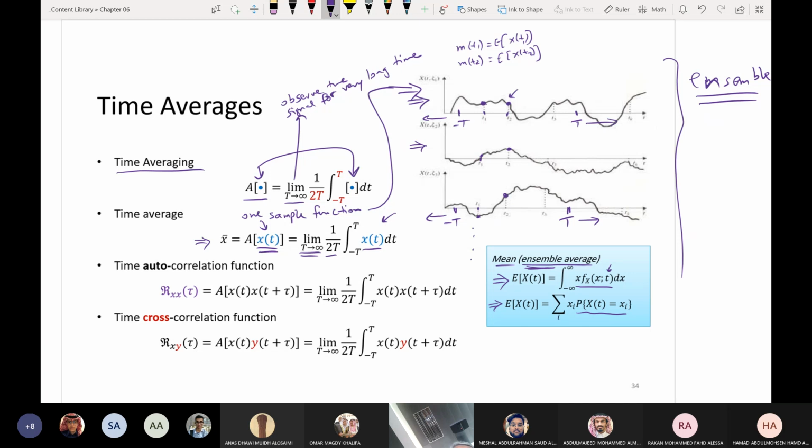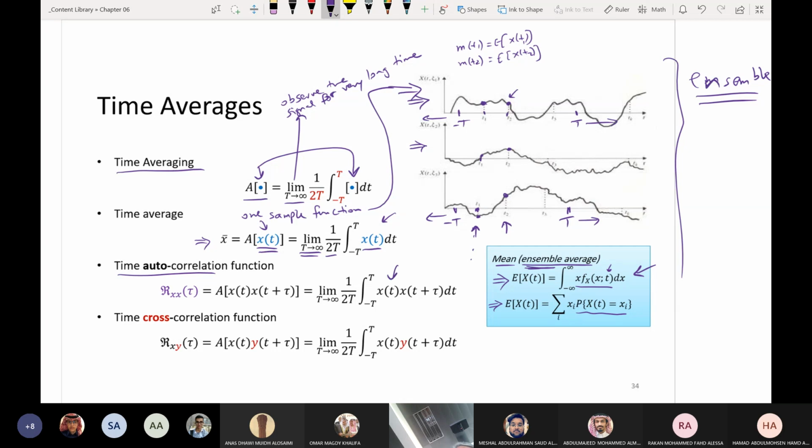But let's first finish the autocorrelation function. The time autocorrelation function. If you remember, the autocorrelation function was the ordinary ensemble autocorrelation function. We observe the signal now at T1 and at T2 and take the expected value of x of T1 and T2, which is like what we did with the mean. However, we multiply the two values and integrate over the two PDFs or sum over the two PMFs. Now for the time function, we calculate the time autocorrelation function, similar to what we do for the mean, the time average.